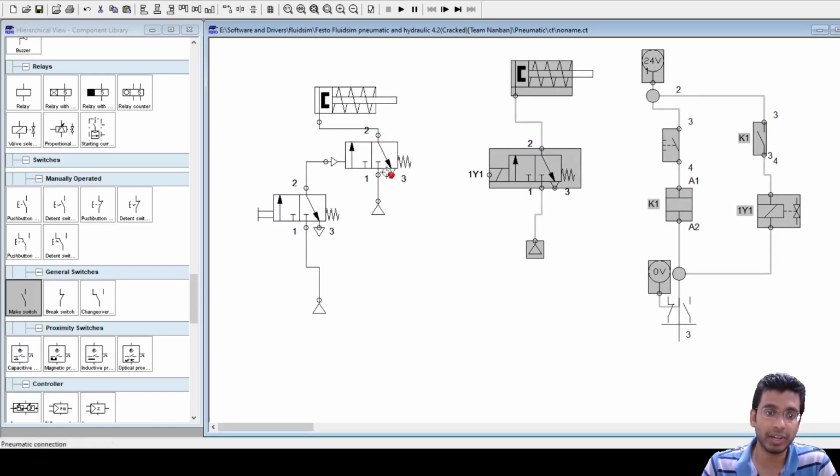Fine. So again, if you draw the analogy of this electro-pneumatic circuit to that of the pneumatic circuit, why are we using indirect control here? My main component, that means this cylinder and all those actuations, were working at a different pressure system here, whereas my actuation was working at a different pressure system here.